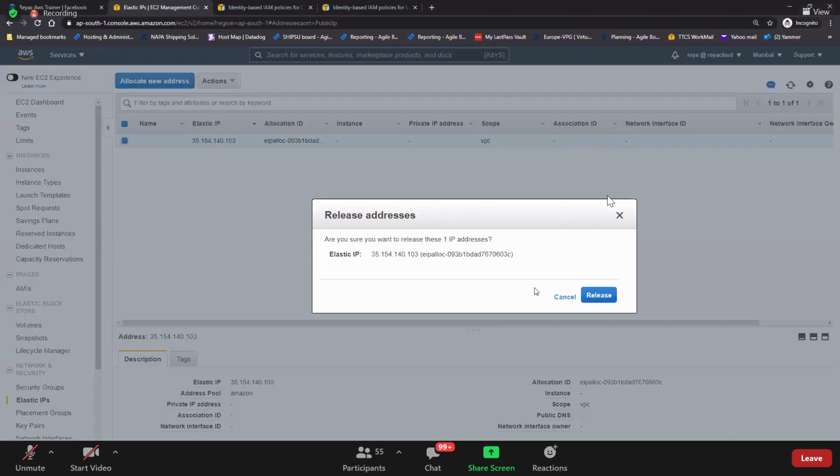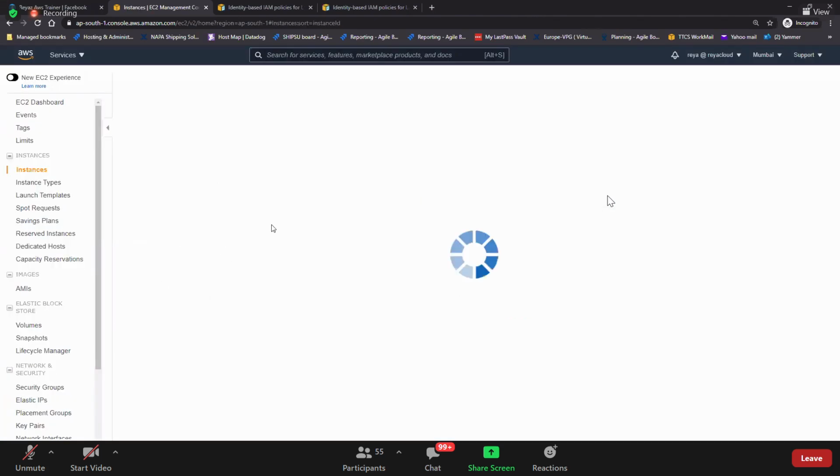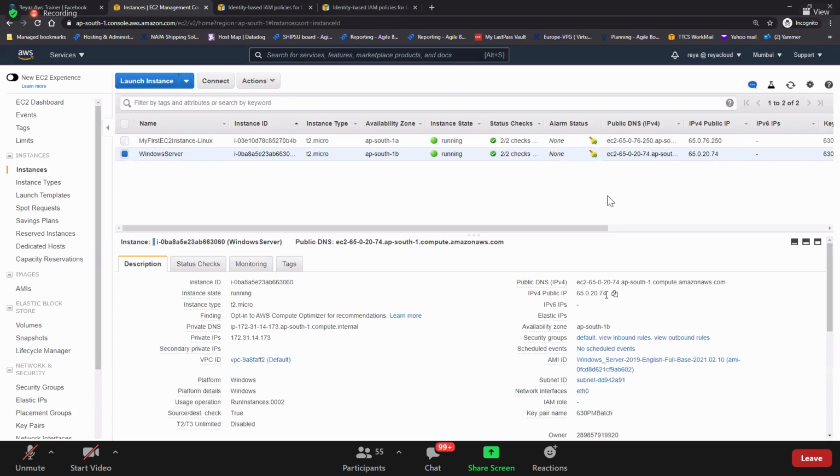That means I'm deleting. It's gone. So now you have another public IP back here. It's gone. A newer public IP is assigned. Understood? Do you understand how to assign elastic IP and then remove it and then release it to AWS? Everyone?